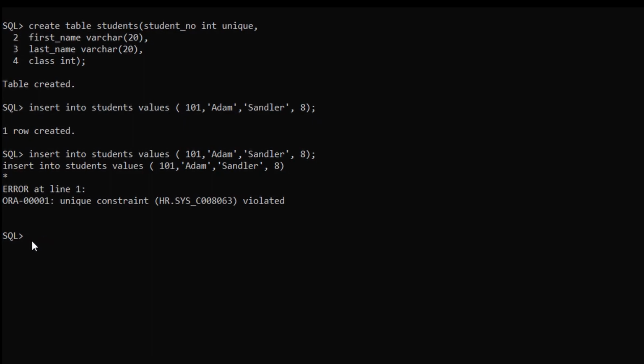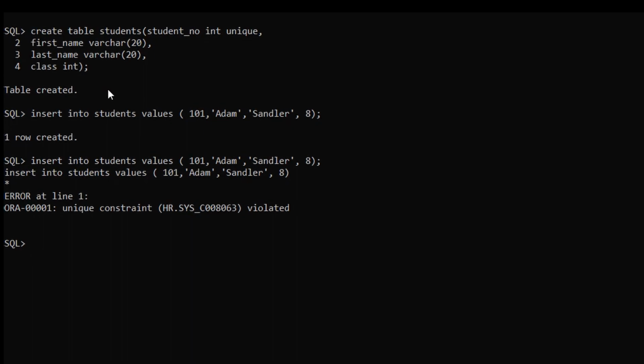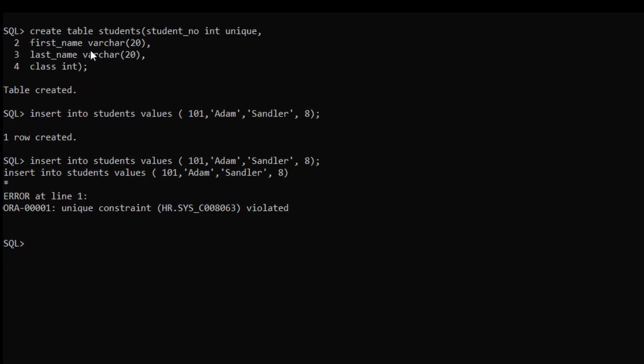For the second example, if you want to add a unique constraint to a table which has already been created, you can use the alter table command here. In this example, we will add a unique constraint to the first name column so that first name would not get duplicate values. For this, just type